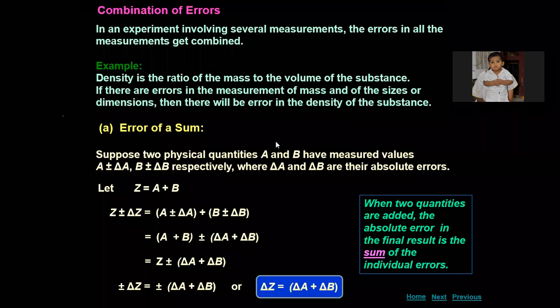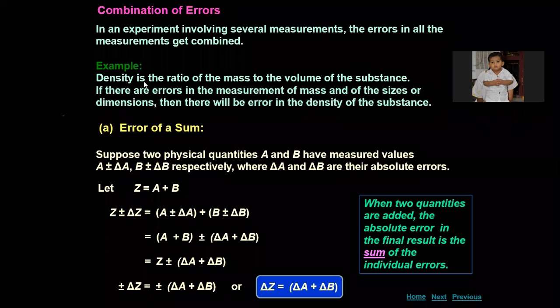See, simple. I'll make it more simple. We want to measure density. To measure density, what do we require? We need mass and we need volume. If there are errors while measuring mass and volume, those errors should also be considered while measuring density. Obviously, we will get error in the case of density also, right? In the case of mass by volume, we will be dividing them. That comes next.